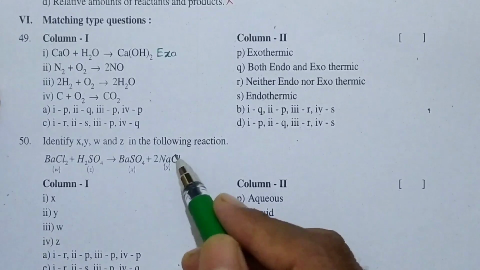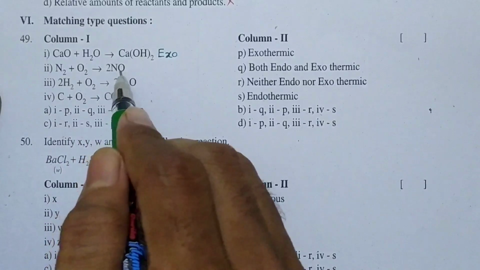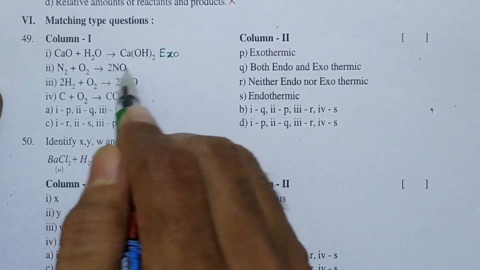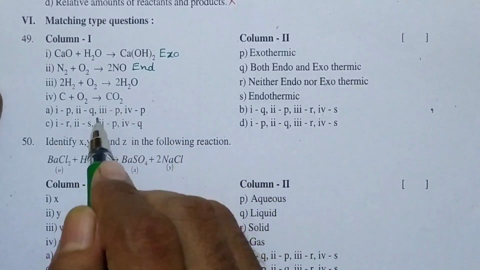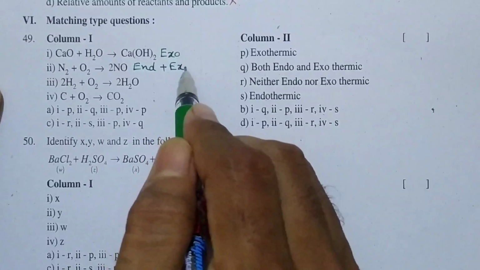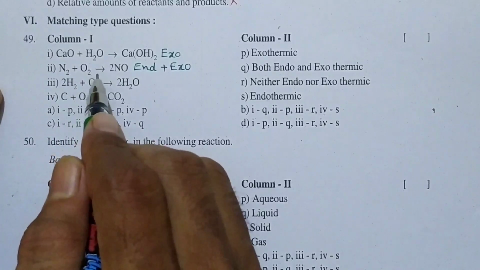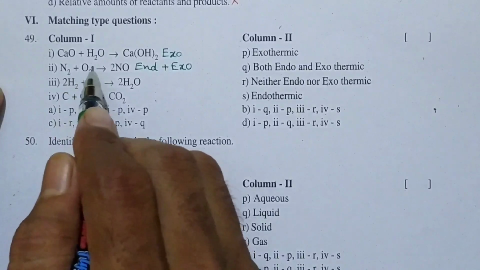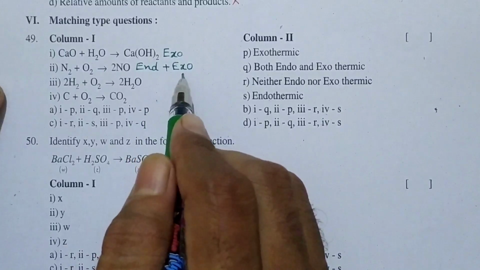And second one, N2 plus O2 gives rise to 2NO. This is a special reaction where it has both the qualities. To get the reaction, heat is required. So it is endothermic reaction. And at the end of the reaction heat will be evolved. So this is exothermic reaction also. So to perform the reaction, we need to give the heat, means heat is to be supplied. So this reaction takes heat and gives heat. So taking is nothing but endothermic, giving is nothing but exothermic.